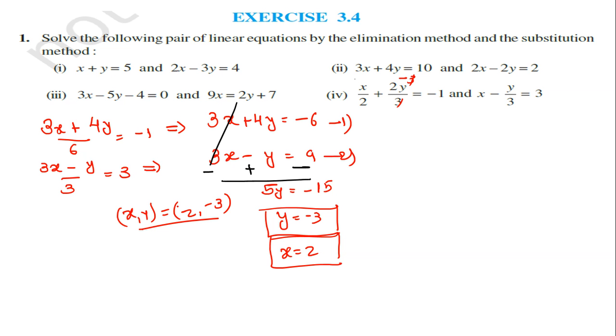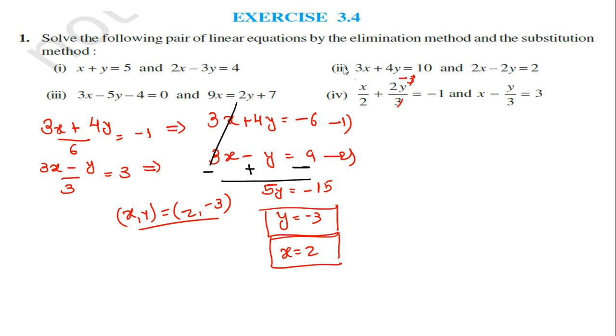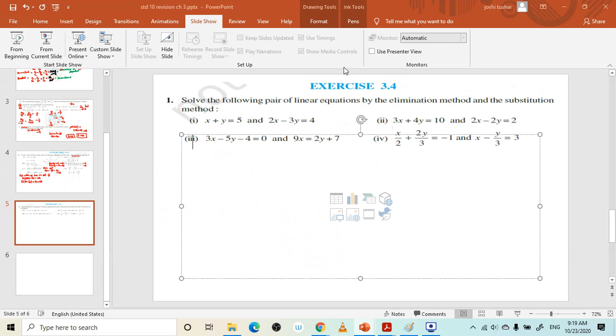Okay, tell me, all students, is it clear, and is it required to solve any more questions for this exercise? For this question, one I have solved, three still remain. Is it required to solve any more? Because this is the completion part of this chapter, and only the first question is taken from this exercise.